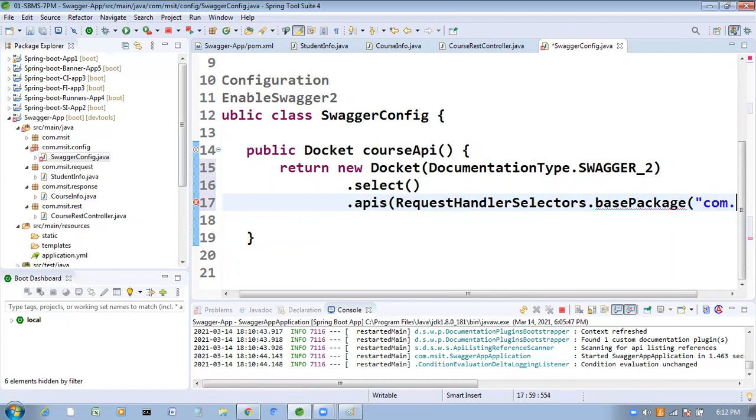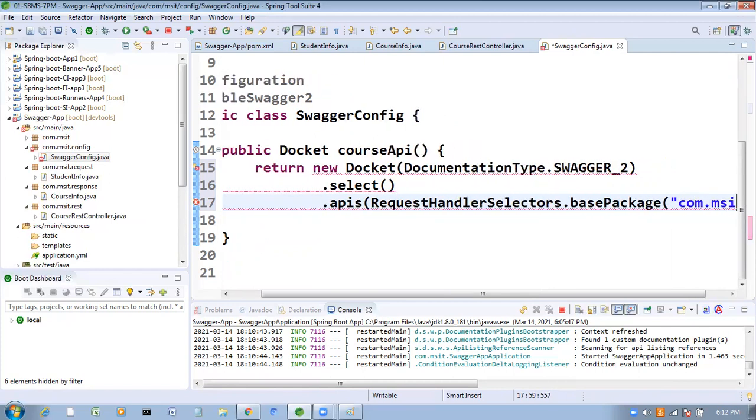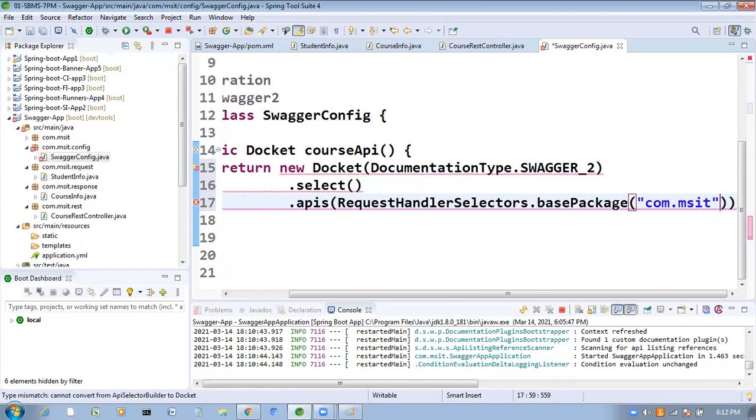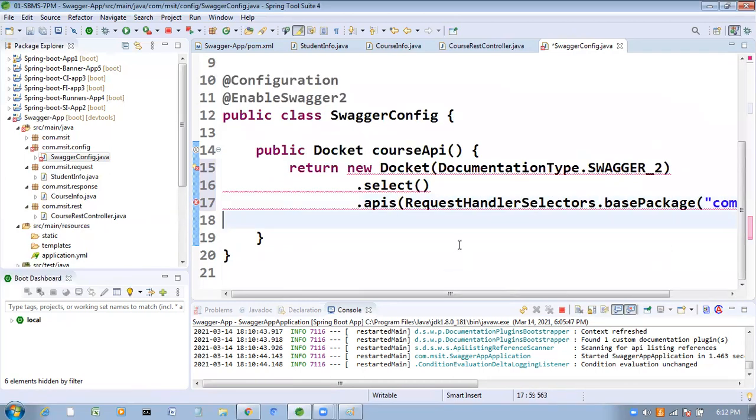And what is the name of the base package? com.msit is the base package. Here I am going to provide that base package.